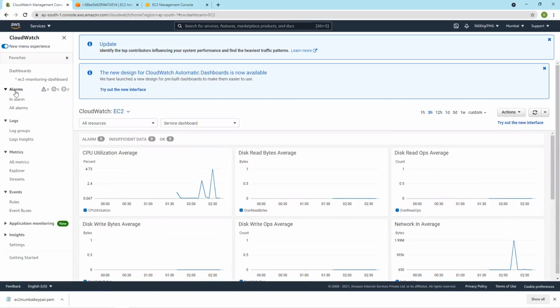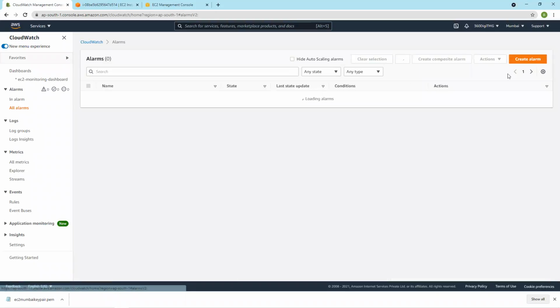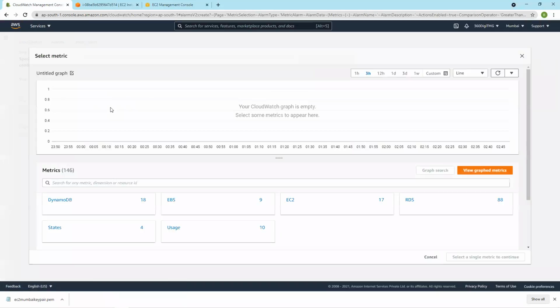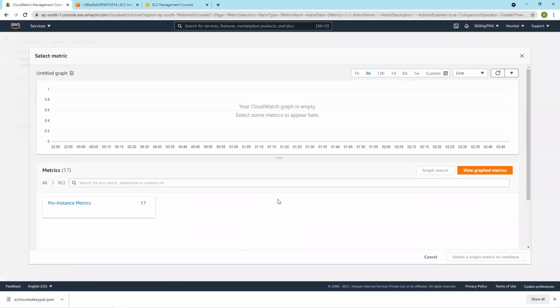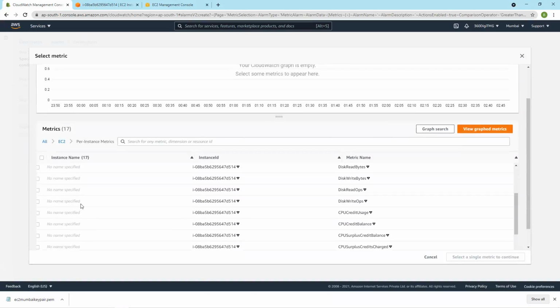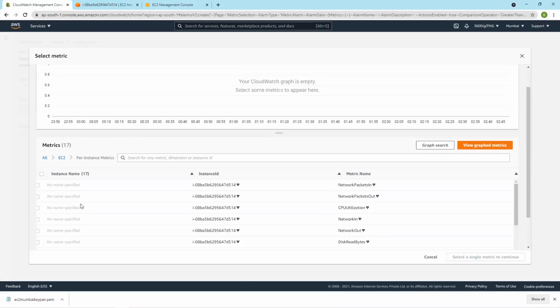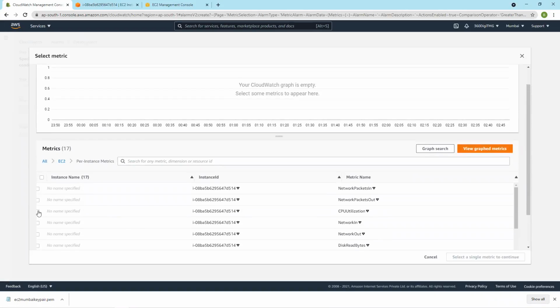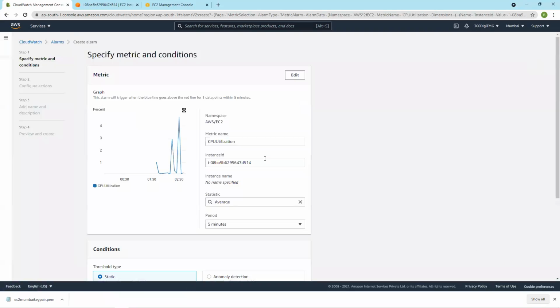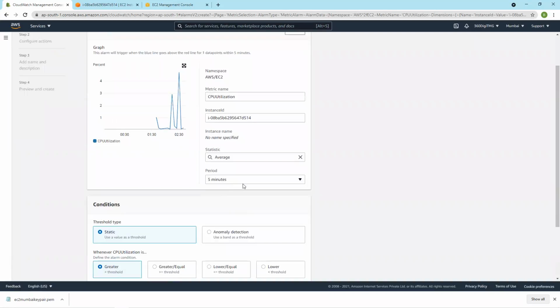Alarm, create alarm, select metric, EC2, per instance metrics. I'll go with CPU utilization. Select this metric. Let's say 1 minute.